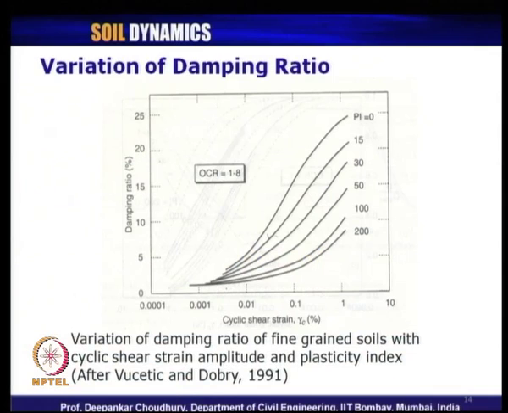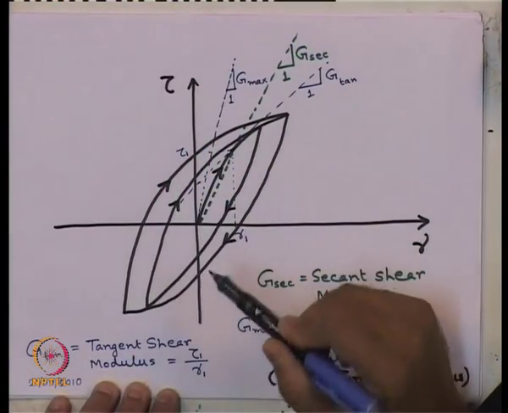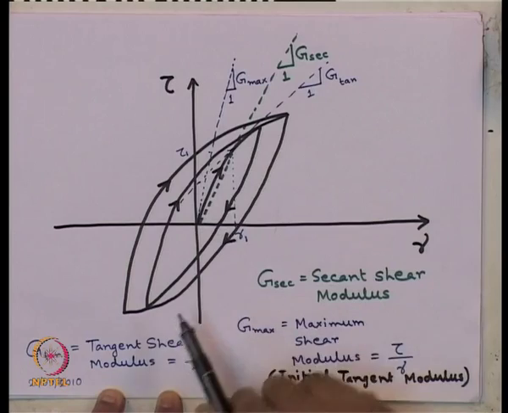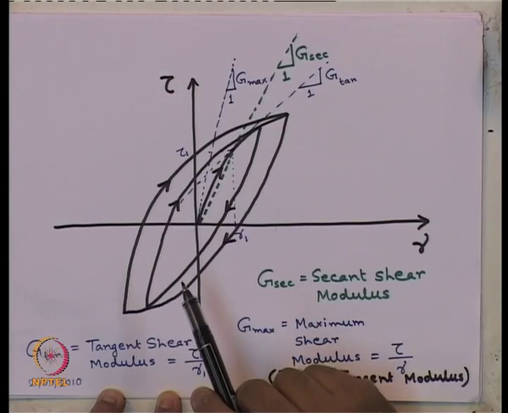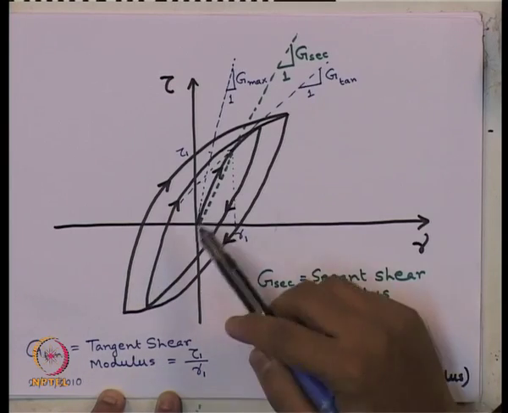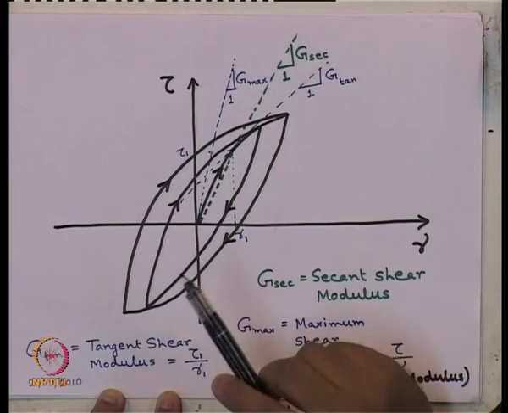Now, coming to the next important dynamic soil parameter, the damping ratio. The most important dynamic soil properties are the G value, shear modulus, and damping ratio. Now, coming to the damping ratio, how to estimate its value? Let us look at this picture once again. From any cyclic load test, we get a typical curve like this, which is known as a hysteresis curve. This is the tau versus gamma plot for different numbers of loading cycles.